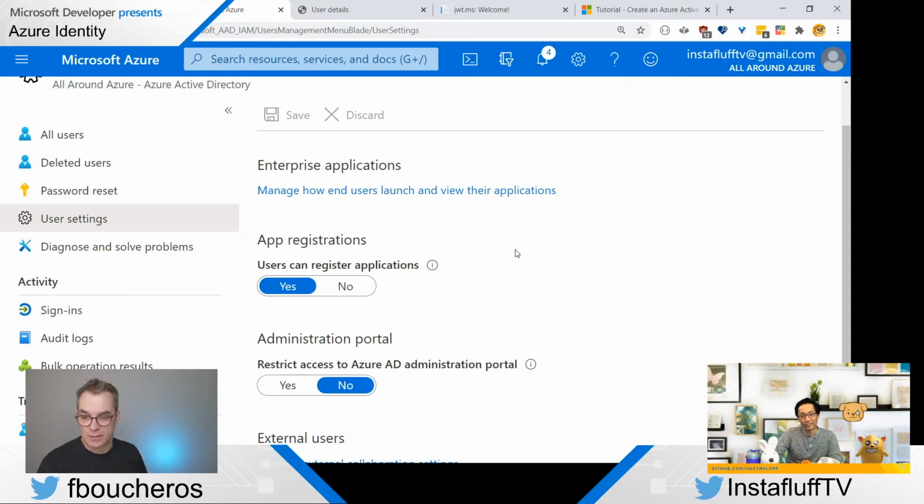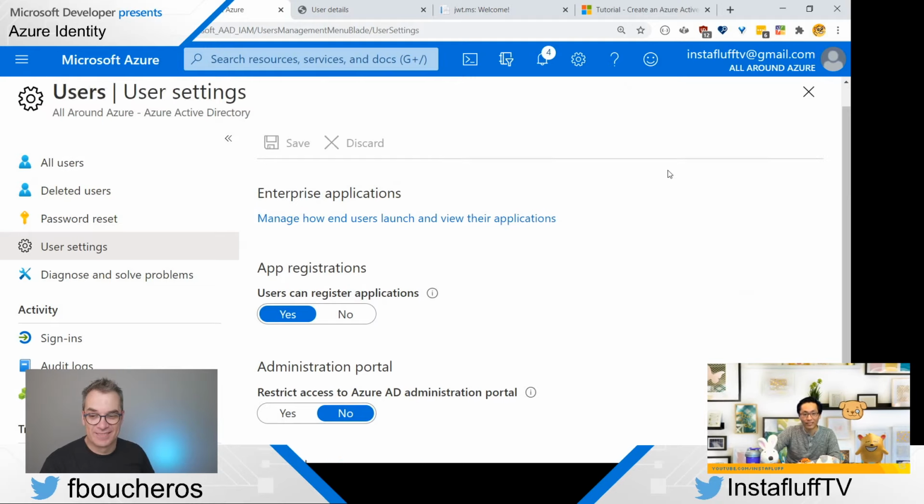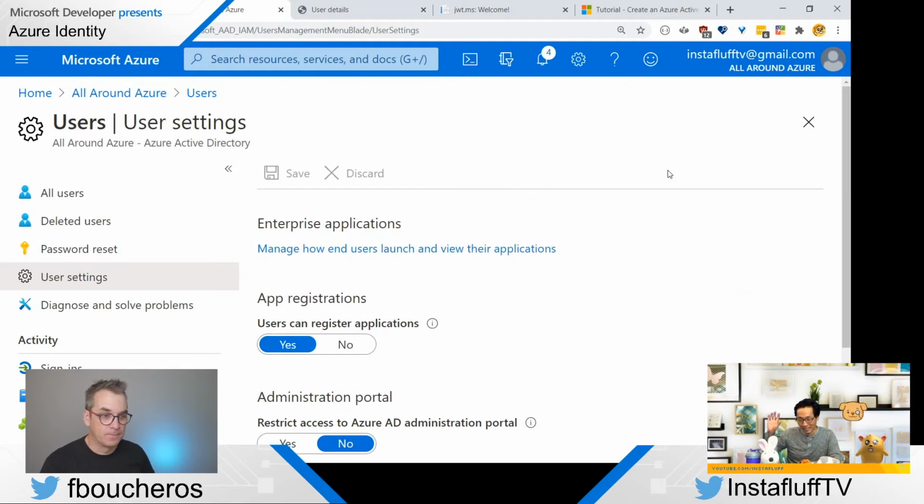And there's other things that they do too. It's much more behind the scenes, but things like making sure that you don't get spam accounts created, and making sure that you're protected from denial of service attacks and all of that stuff. Now you don't have to worry about it. If you have a user sign-in set up on your own server, on a WordPress website for instance, I've had this happen where all of a sudden people started accessing and doing a DOS kind of security attack on your website. Then your website goes down and no one can sign in. And here you don't have to worry about it.